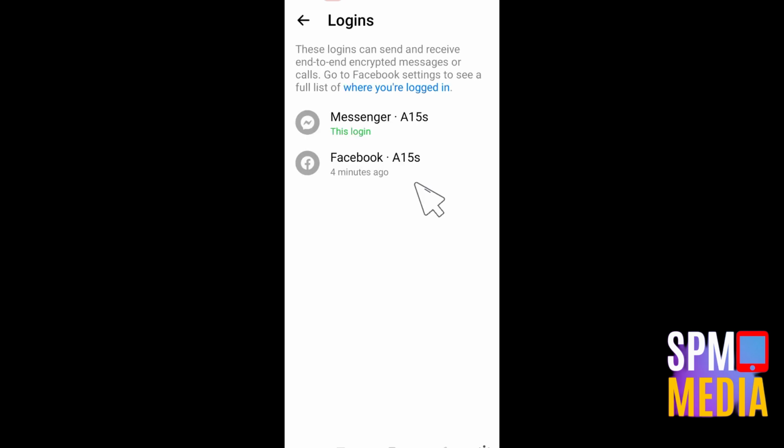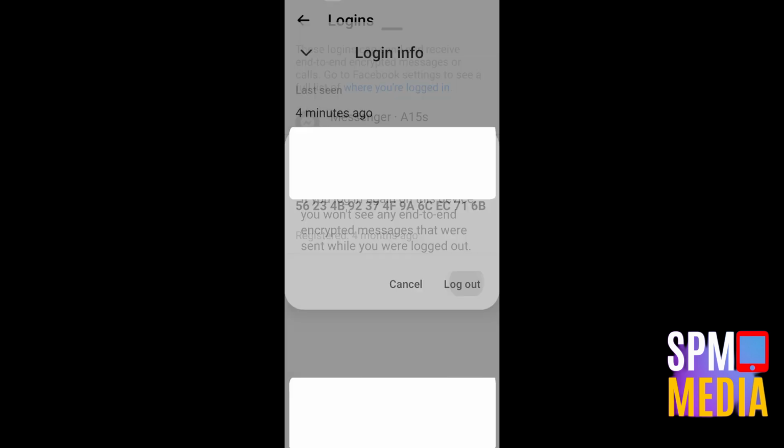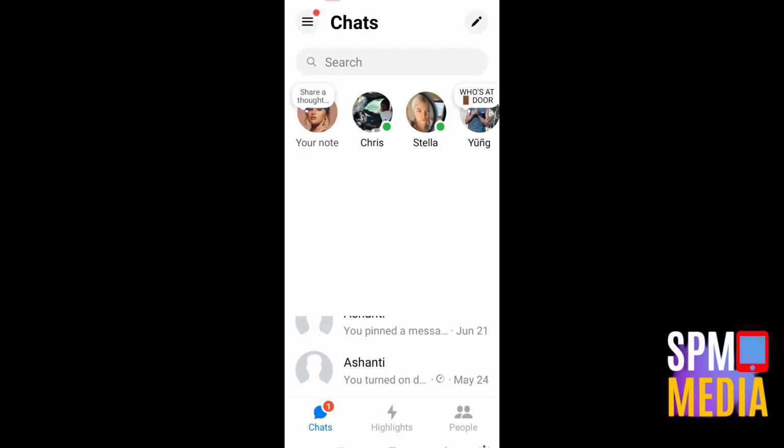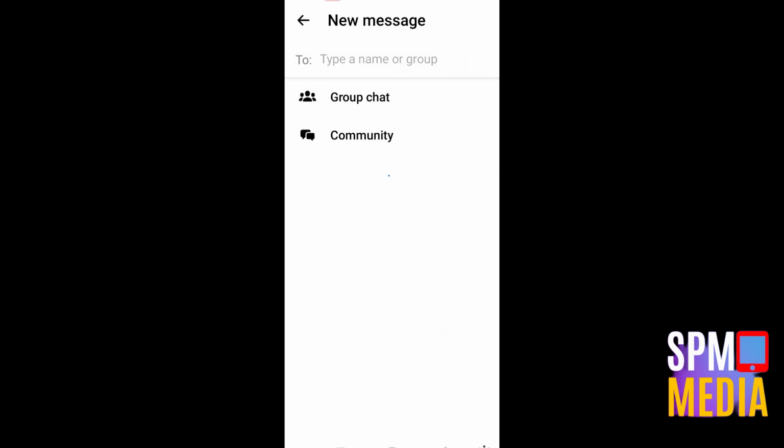Then what you're going to do here is to log out all the devices where you are logged in. Okay, but you have to remain or stay with this device. So this login, you have to stay on this device. And then after that, you have to go back. And then what you're going to do next here, in order for you to turn this one off, since you